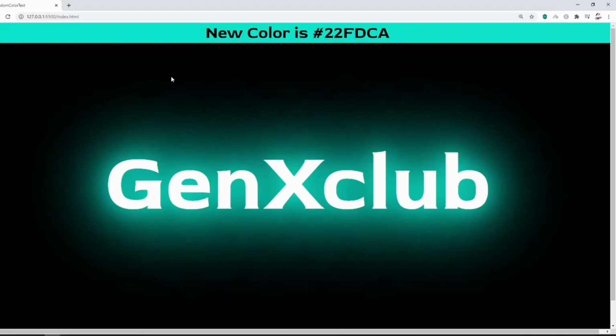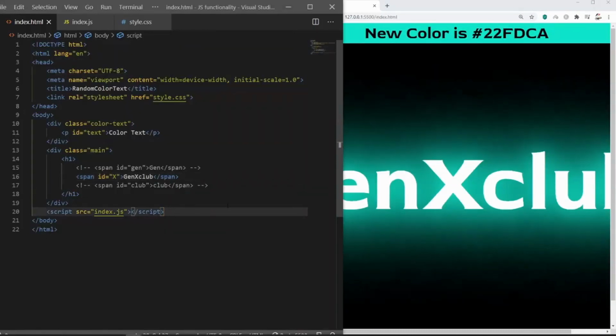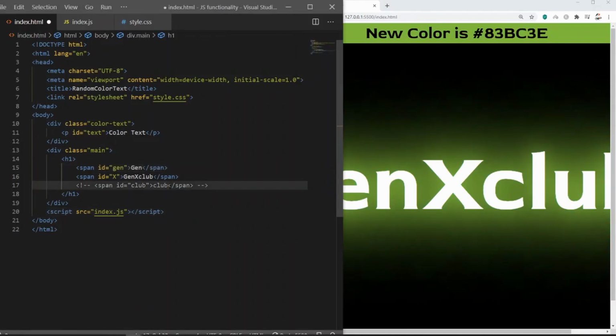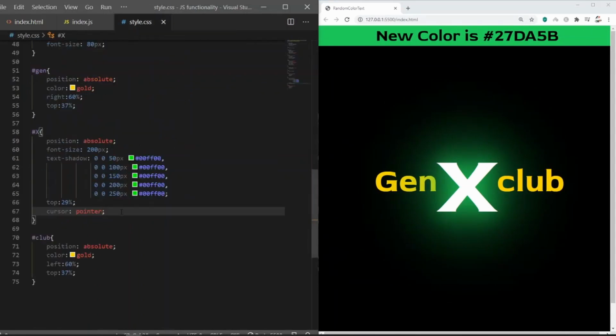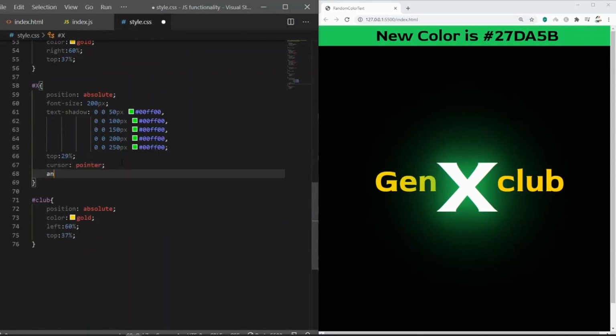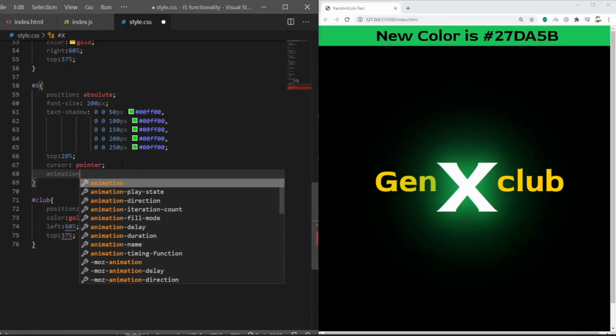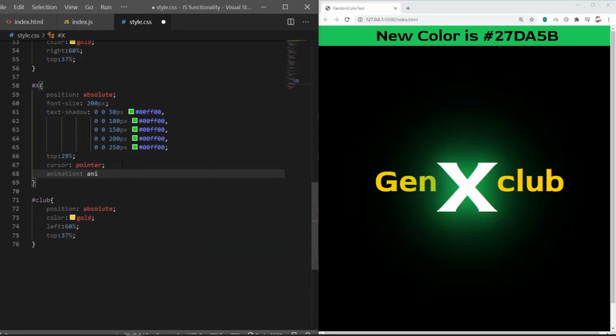Pretty cool, right? Yep, we are almost done. So one last trick, and this has no relation to JavaScript. Let's get back the previous design. Yeah, we have this. So let's go to CSS and add some animation which changes the color by itself, like in a rotation. So let's add animation, name it as Annie. Let's give it 5 seconds, infinite. Infinite makes it run forever. Let's give it an ease transition.